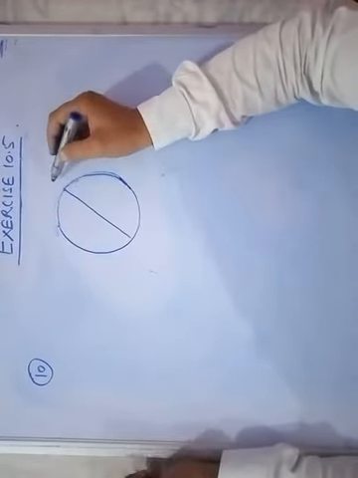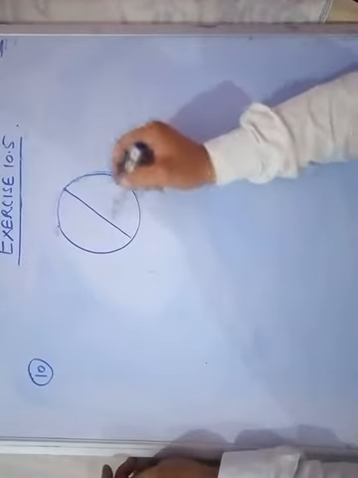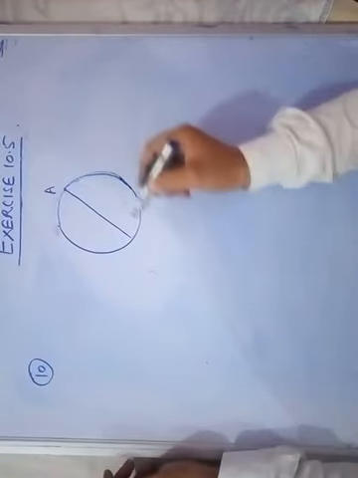So one of the sides of the triangle is this, that is A and this is B,